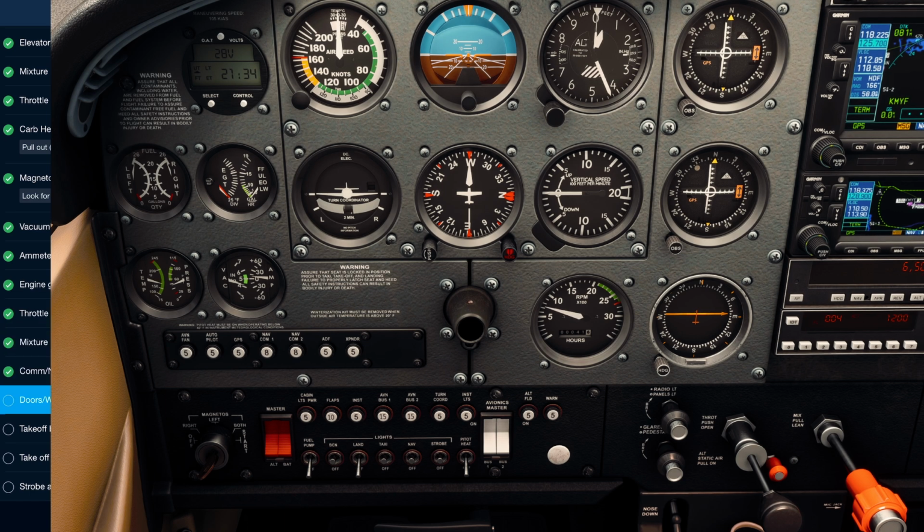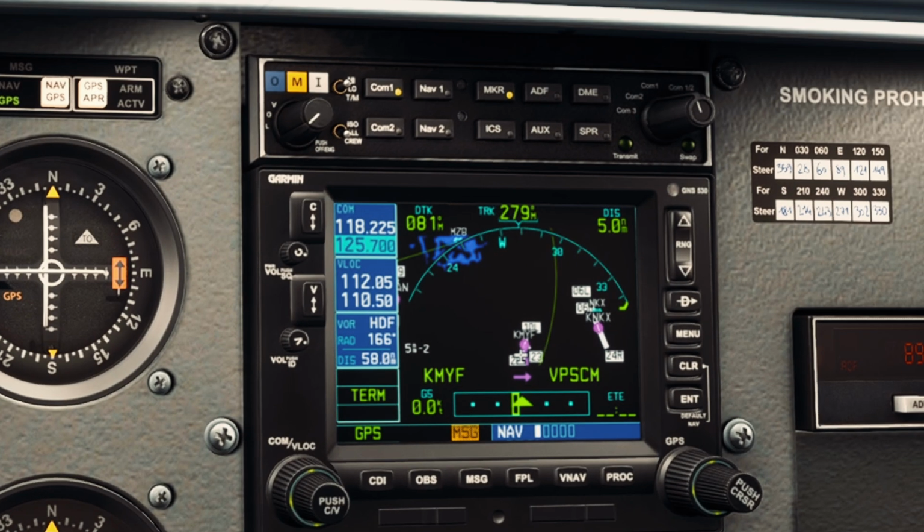Alright, engine gauges are in the green, throttle 800, mixture lean for taxi, our comm radios are set, our doors and windows are latched, takeoff brief is complete, note the time, strobe lights on, and we'll go ahead and turn our landing lights on for takeoff. Go ahead and switch over to tower,